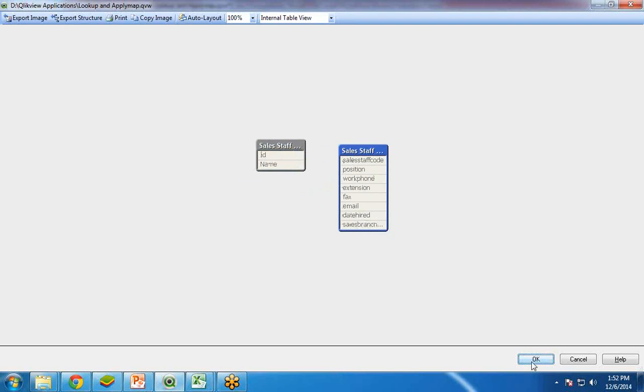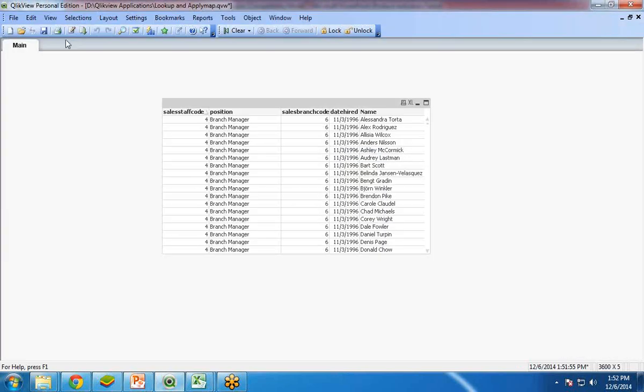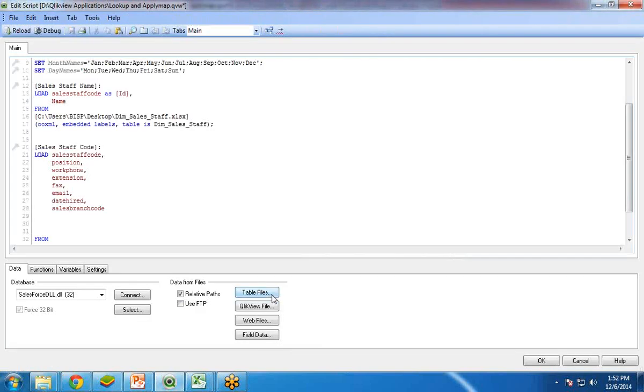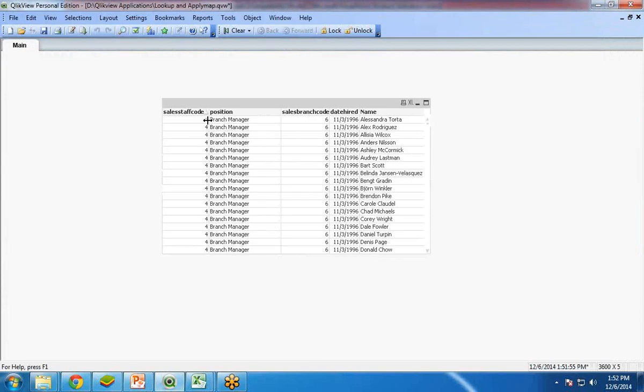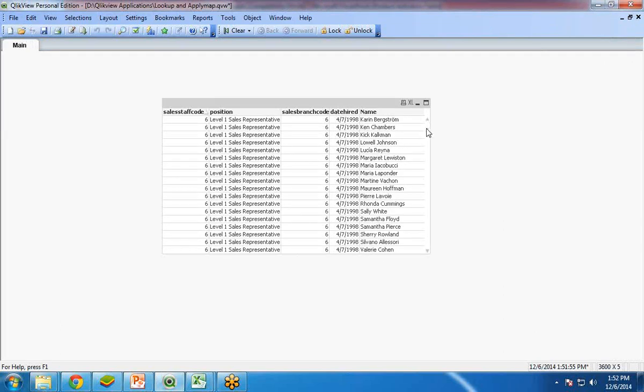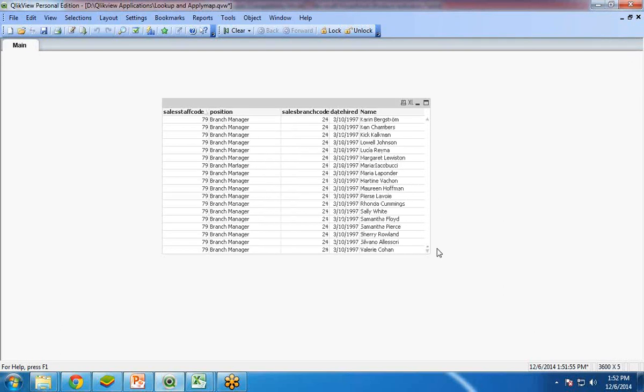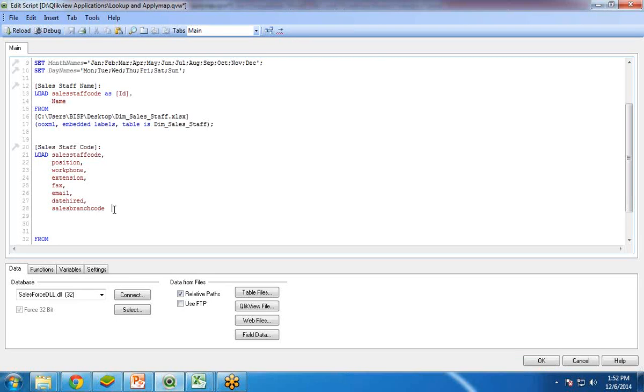Now if we want to achieve the same output, we can use the lookup function over here. And you can see here the output is also wrong. It is only 444 and it has got multiple records, because it is joining for each individual staff code so many times, according to the number of records. So now here we can use the lookup function. And in the lookup function, because we have renamed this sales staff code as ID, in place of sales staff code, I will use ID here.